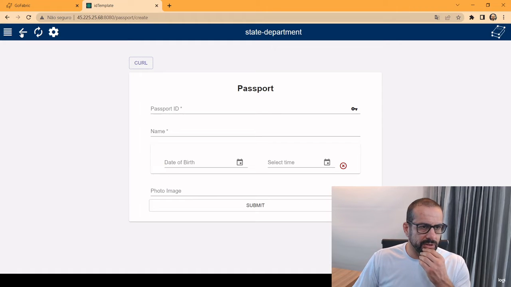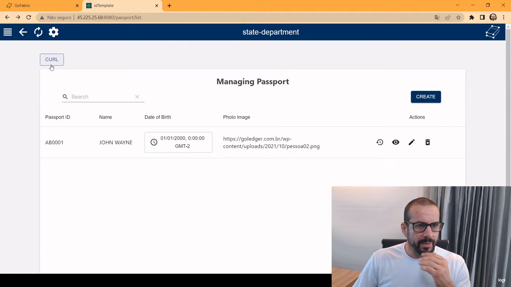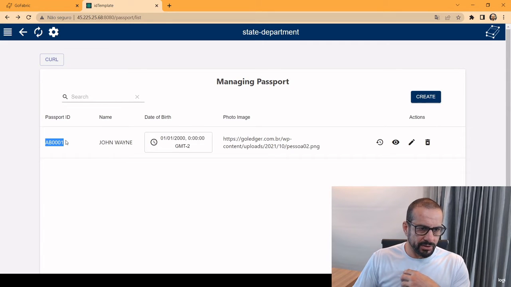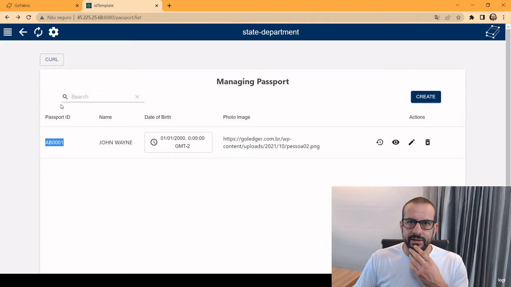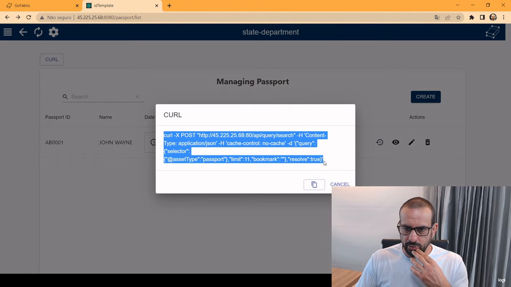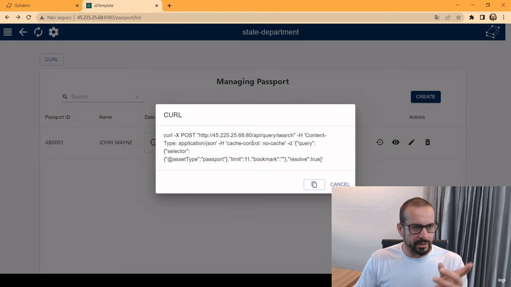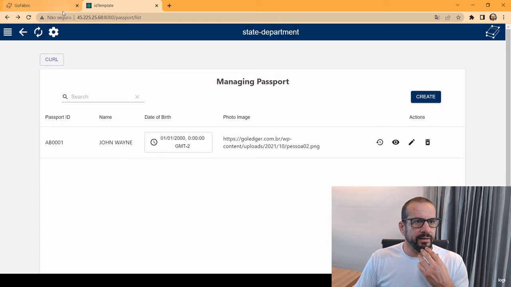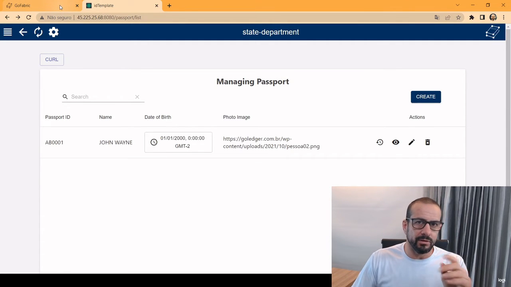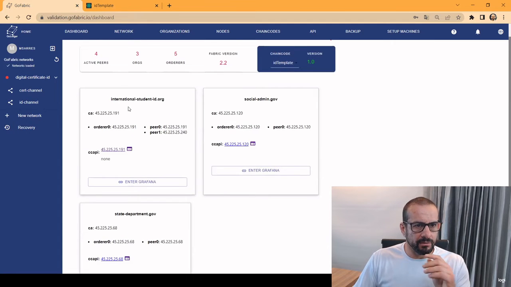After that, the transaction worked successfully, and I can see right here, using the search transaction, that the information is now available inside the blockchain network. I can see how to call the search method right here, also by clicking the curl button. And if I want to connect to the other APIs, the other organizations, I can go back here